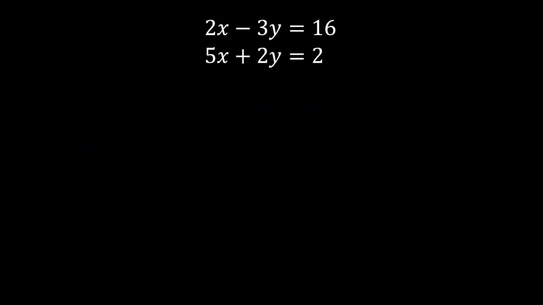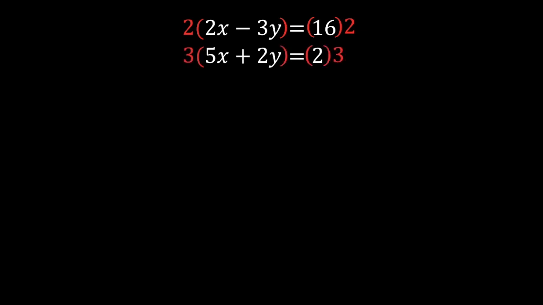In this system, we notice that we cannot readily eliminate a term. Although the coefficients of y in both equations have opposite signs, when they are combined, they do not result to 0. We can, however, manipulate both equations to eliminate a term. I will multiply 2 to equation 1 and multiply 3 to equation 2.